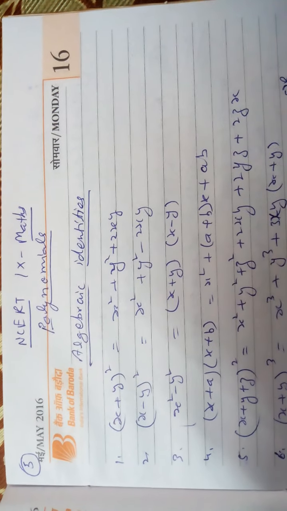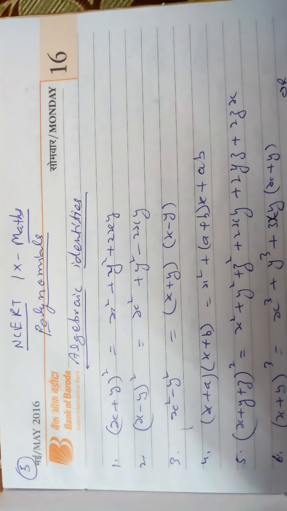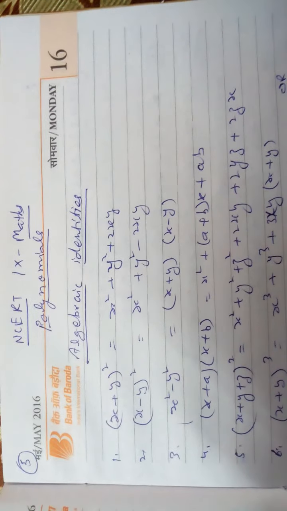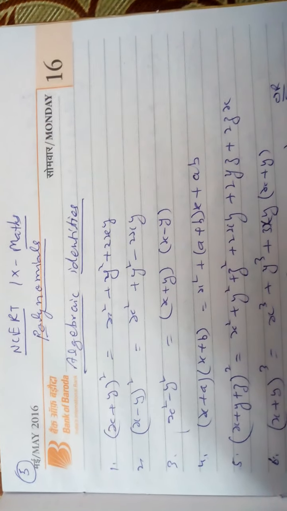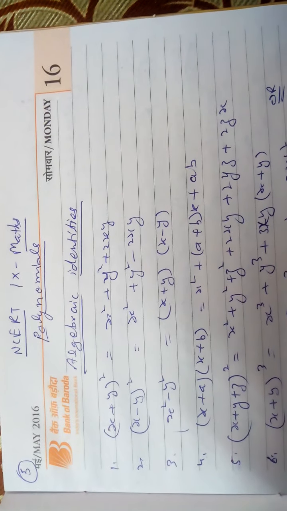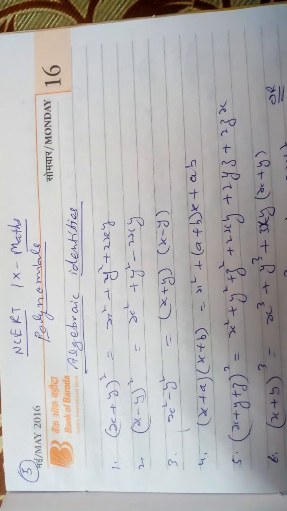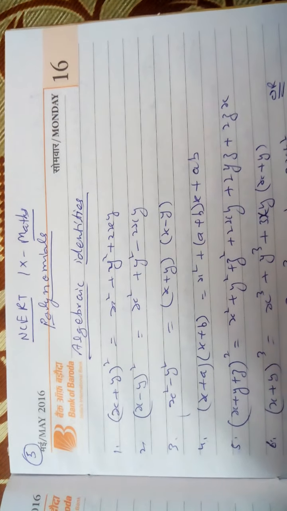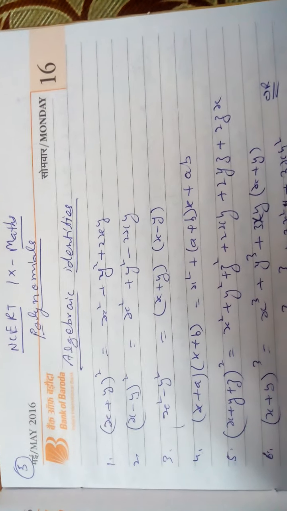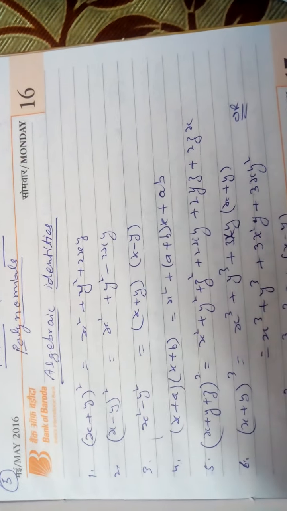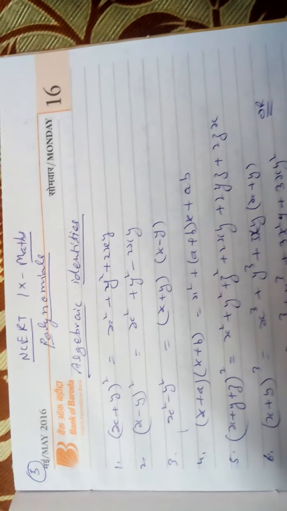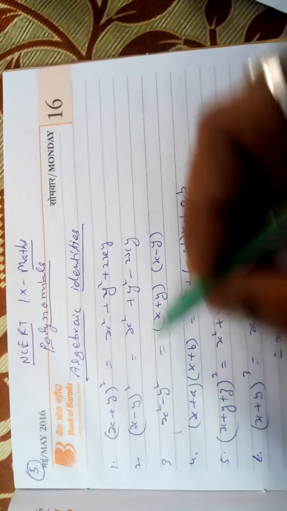Third. In this, before the last exercise, after the factor theorem, you will start the algebraic identities. What is the chapter? In this chapter, the last topic is algebraic identities, which we know in the previous classes very well.